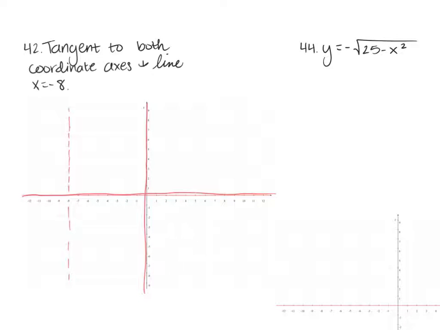And the point on the line x equals -8, the point I picked was y equals 4, because it's halfway, it's 4 above the x-axis. Okay, so now that I've picked a point on the line x equals -8, I need to pick a point on the y-axis itself that's going to be at the same height as the one on x equals -8, so I'm going to pick 0, 4